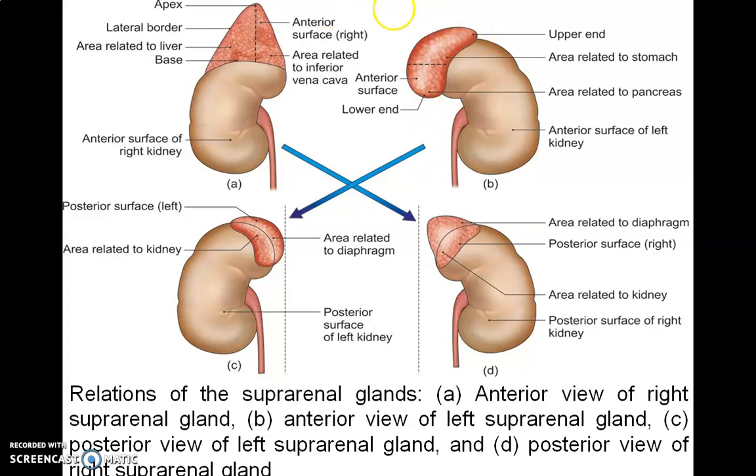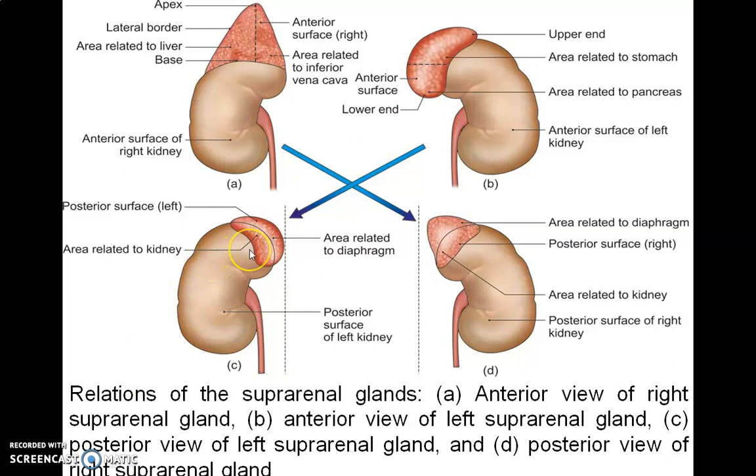Anterior surface, see the anterior surface, which is divided into upper and lower areas. Upper area is related with the posterior surface of the cardiac end of the stomach, separated by peritoneum of the lesser sac. Lower area is non-peritoneal and it is overlapped by the body of the pancreas and crossed by the tortuous splenic artery.